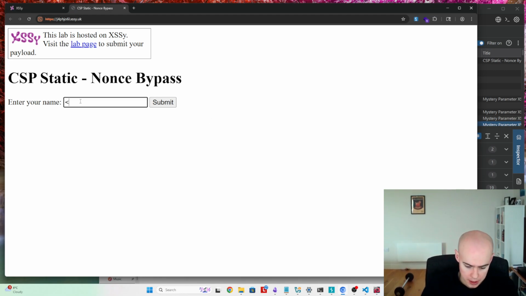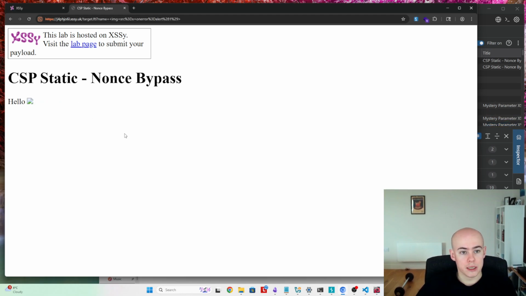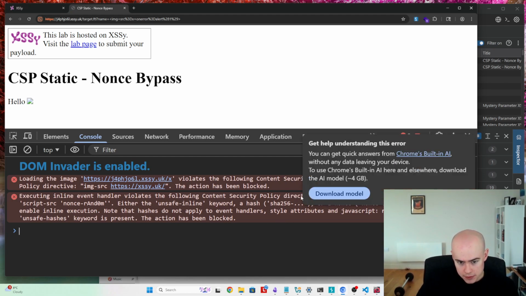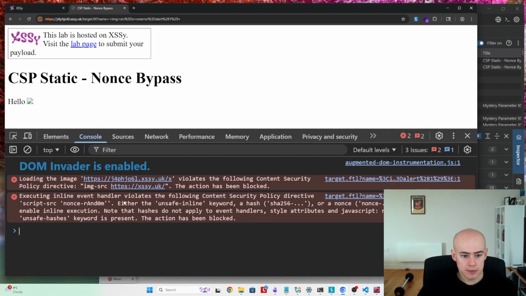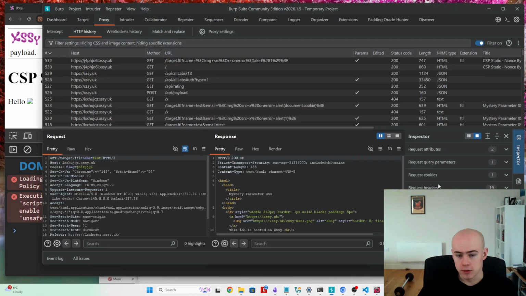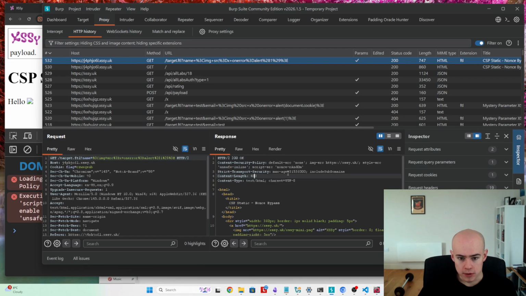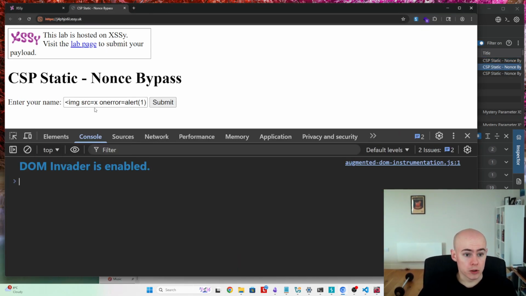So what we're going to do here is, this won't work, but I'll show you why in a second. If we inspect this and go to our console, we should have an error. Yes, executing inline event handler violates the following content security policy directive. Script source nonce random. Let's wrap that. The script source has to have a nonce random on it. So that just prevents basic cross-site scripting attacks. It doesn't work because you should